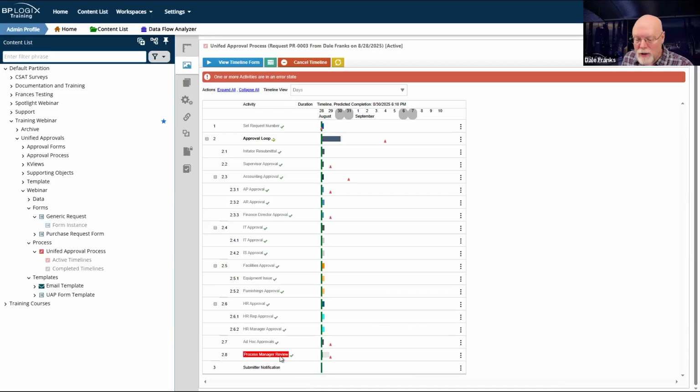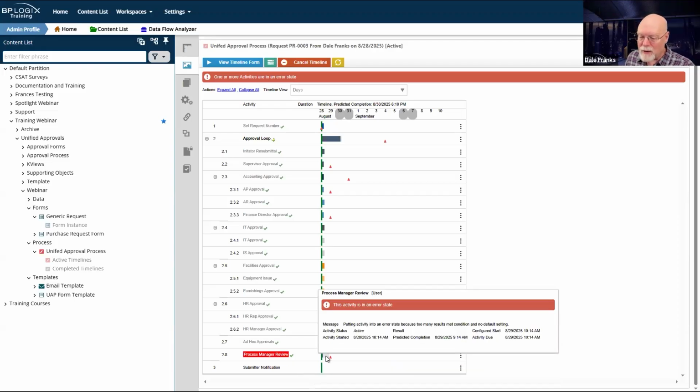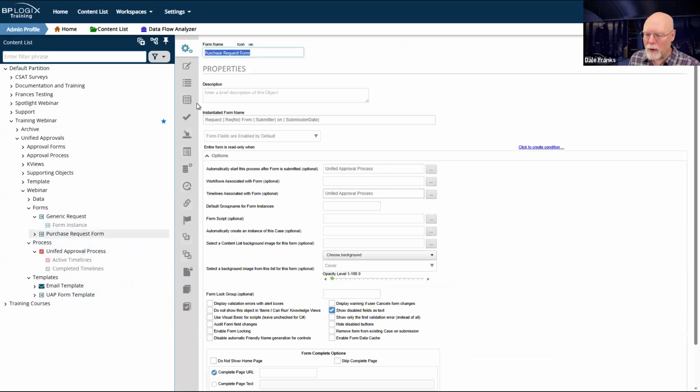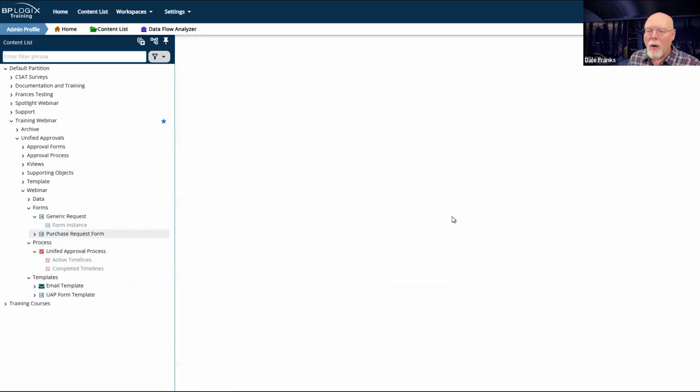For the process manager review, I should never not have a process manager. That should always exist. Unfortunately, it didn't exist in this particular instance because I have a unique form that does a purchase request that's running here. So when I did my purchase request form, we're going to go ahead and leave this. We're going to go back to our purchase request form. What I forgot to do